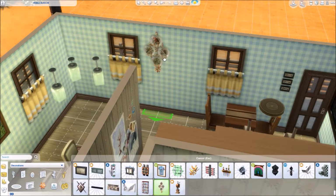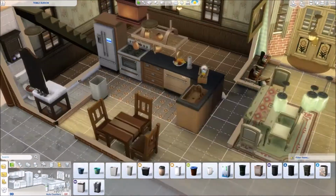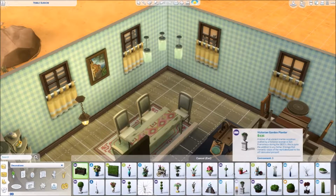Yeah, I kind of struggled. I think I probably ended up leaving it blank. I swear about an hour of this video is just me trying to decorate this room. I struggled quite a lot. I realised I didn't have a bin, so I went and put that